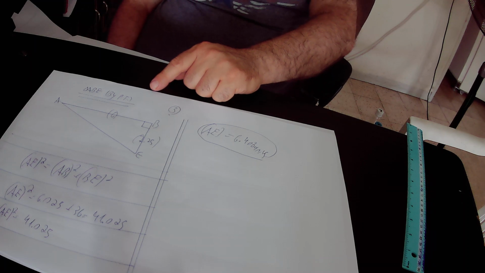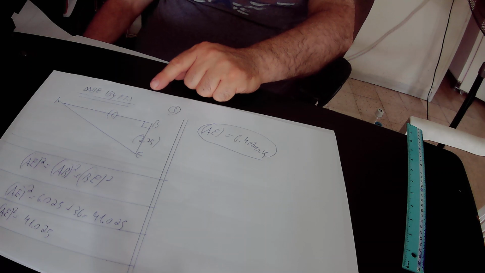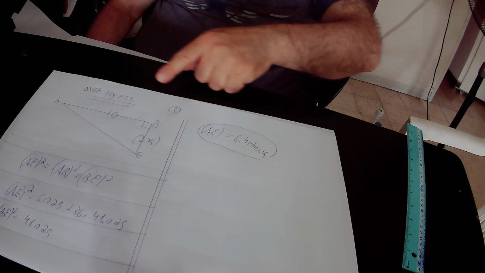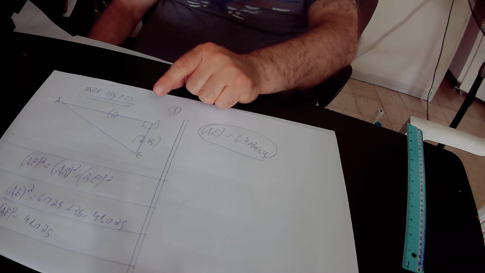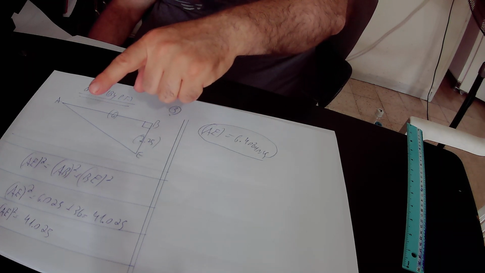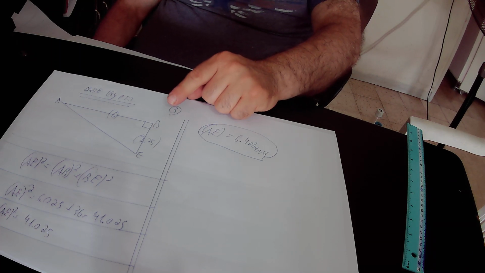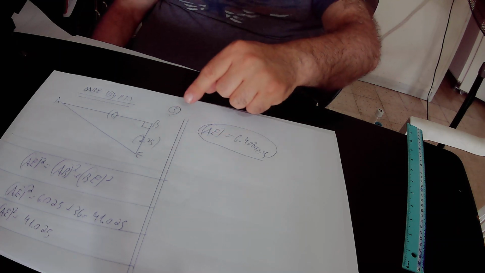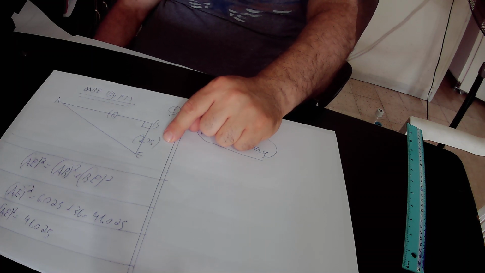According to the Pythagoras theorem, in any right triangle, the square of the hypotenuse equals the sum of the squares of the perpendicular sides. The hypotenuse in this right triangle ABE is AE, so the square of the hypotenuse is AE square, and AE square must be equal to AB square plus BE square. AE is the missing side, so we leave it as it is, so AE square equals AB square. AB is 6, therefore AB square is 36, plus BE square. BE is 2.25, therefore BE square is 2.25 squared, that is